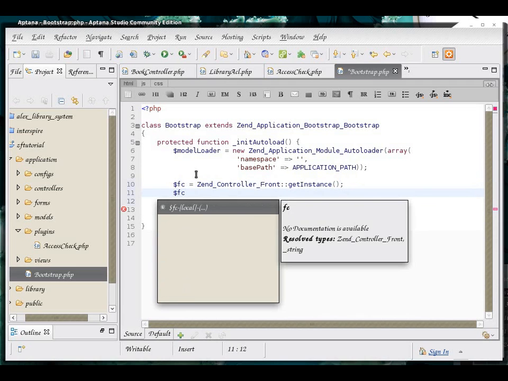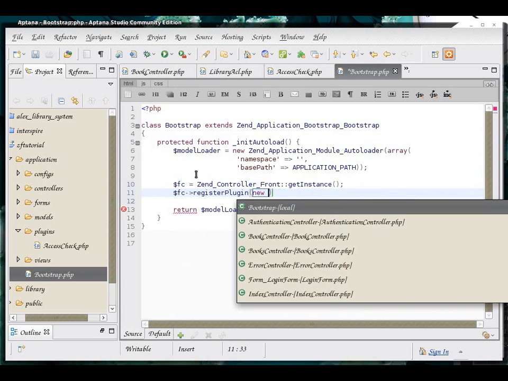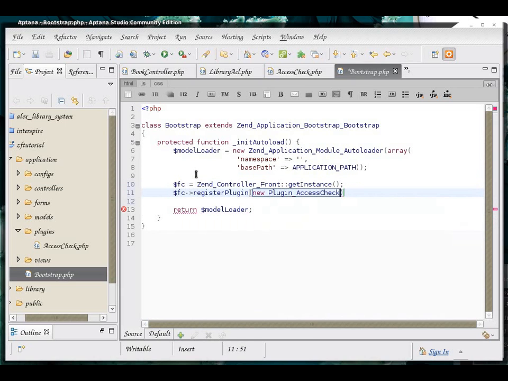And now it's just as simple as registering a plugin. New plugin access check.